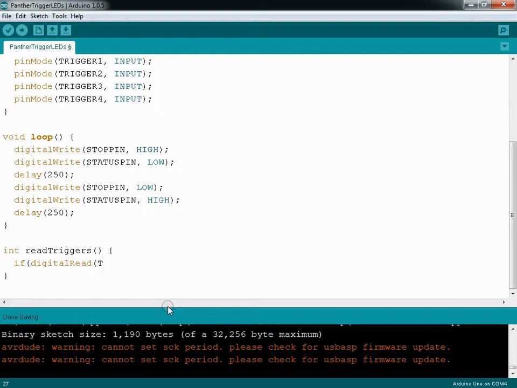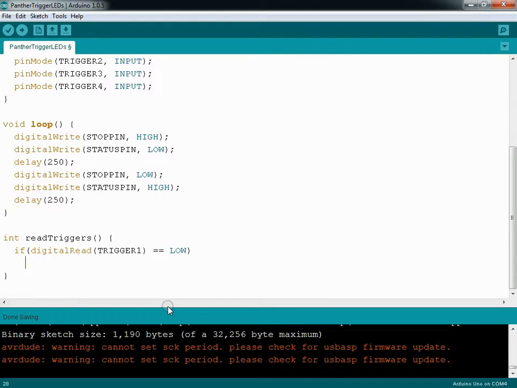This time because we're reading it, we only have to specify the pin we want to read. So it's trigger 1, and we want to say if that is equal to a low value,